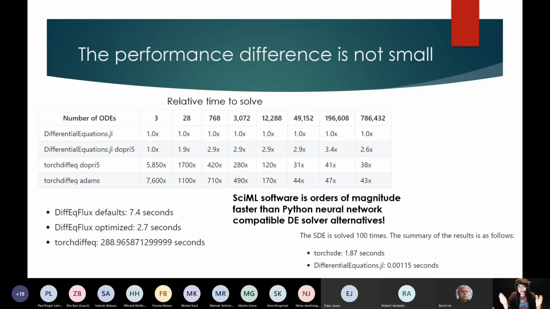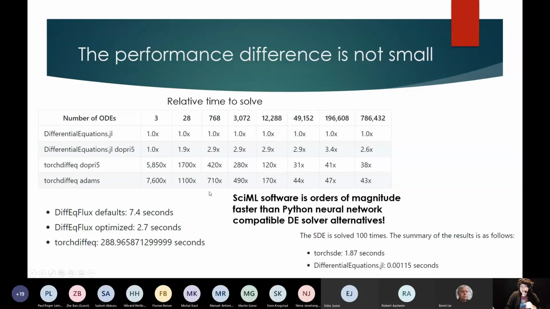And it happens to be compatible with neural networks, which is why people like to use it, but it doesn't have all of the bells and whistles of a fully formed differential equation solver library. And you see that in terms of the solving time. You see it in terms of the training time, where if you take their example problems from their documentation, you can train a neural ordinary differential equation in 300 seconds, but with DiffEqFlux, you can train this in 3 seconds.